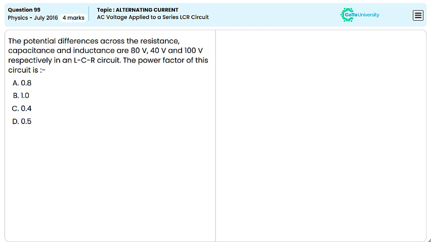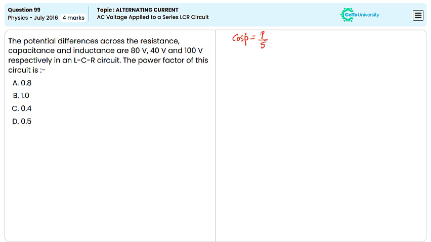the current. The power factor cos phi is given by the ratio of the real power P to the apparent power S. Total voltage in an LCR circuit is the vector sum of the individual voltage drops across the resistor R, capacitor C, and inductor L. And the current in the circuit is the same through all components, but the voltages across LCR may differ in